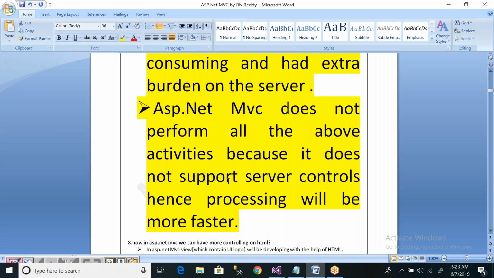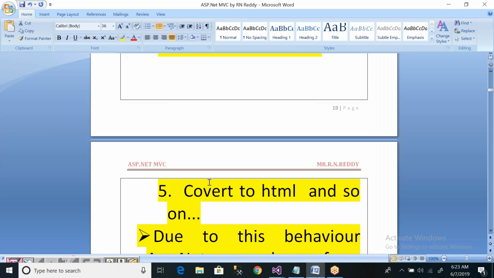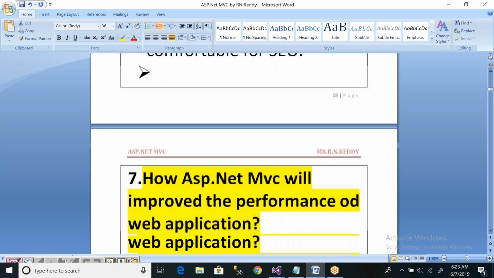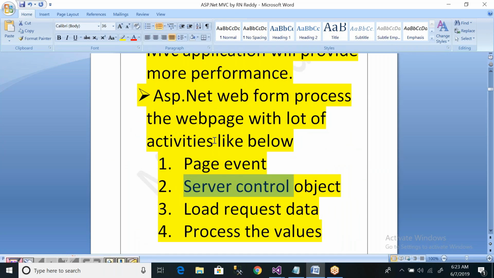Another important point: in ASP.NET, whenever your web page is processing, it will first execute page-related events as part of the page lifecycle: page pre-init, pre-render, page load, all these things. Remember one important point: ASP.NET MVC will not support any events.